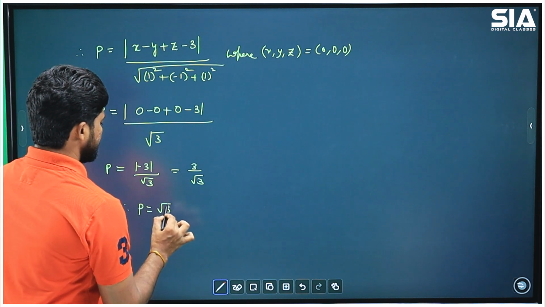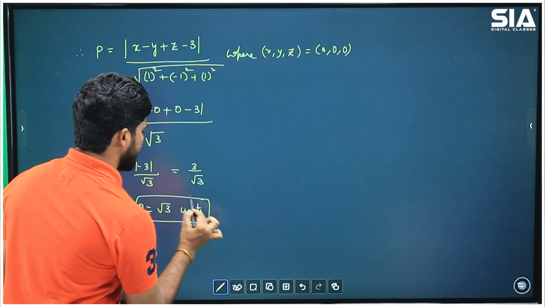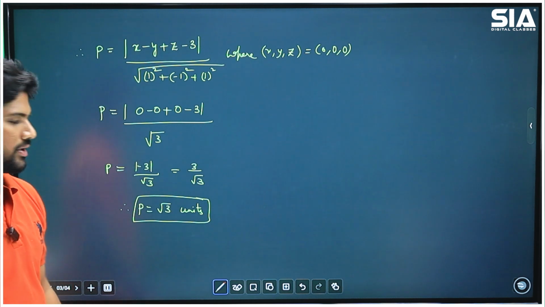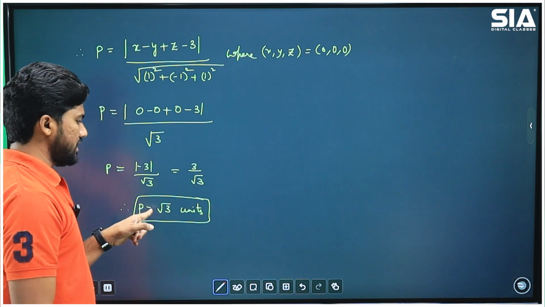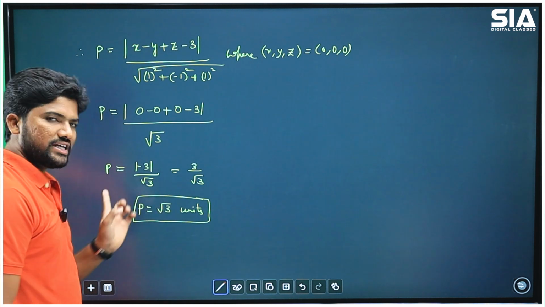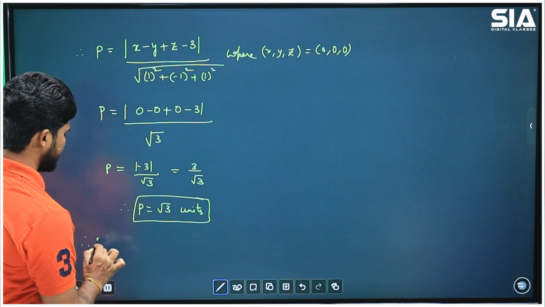So this is the perpendicular distance. Perpendicular distance small p is equal to root 3 units. Now substitute p is equal to root 3 and small r is equal to 3 in capital R. Therefore, the radius of the circle